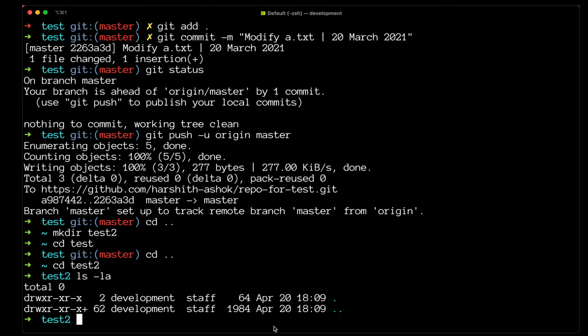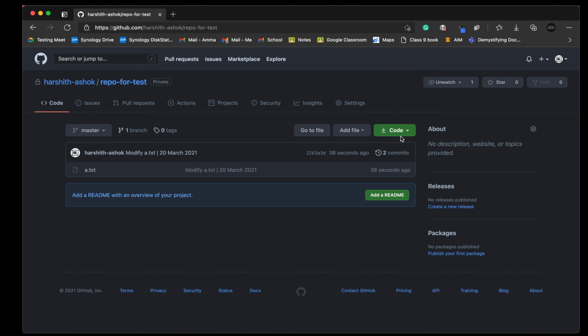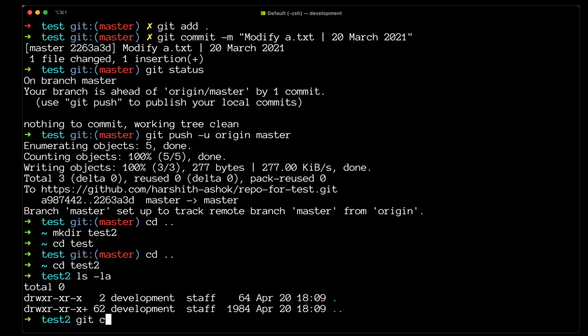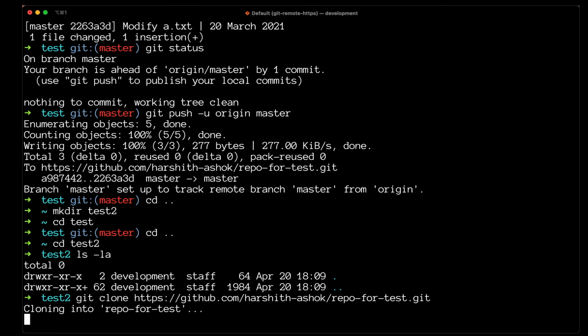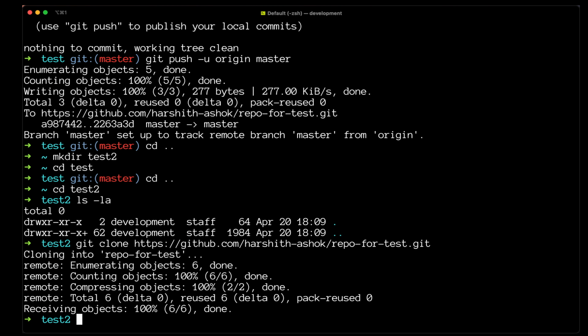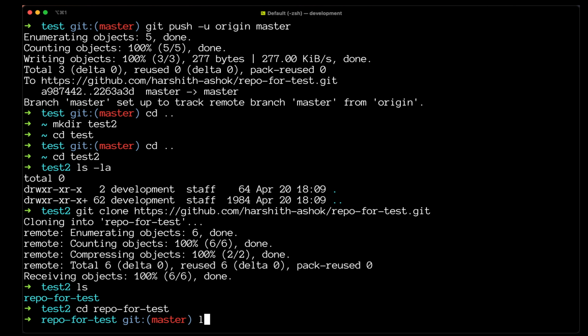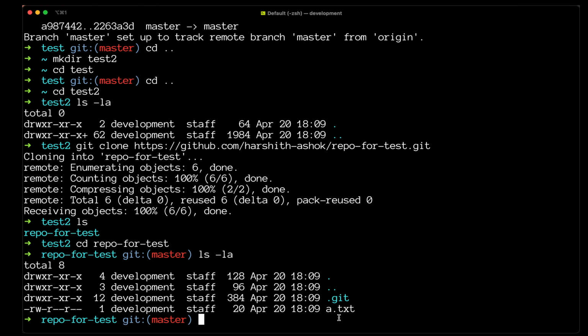But in order to do that, we are just going to copy this thing over here and then give git clone and the URL, which is going to clone into repo for test. Now when we give ls, you can see repo for test is a new directory that has been created. Now when we go to repo for test and give ls -la, you can see a.txt .git and all the things which we have done in test1.